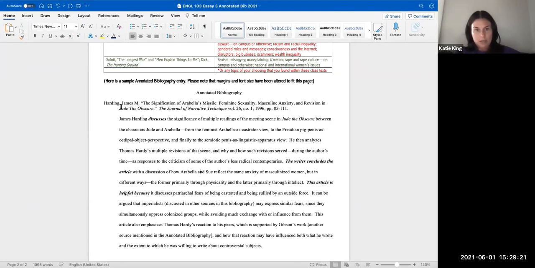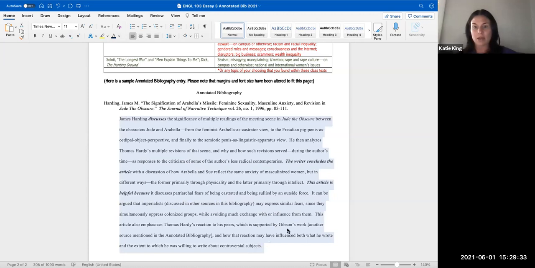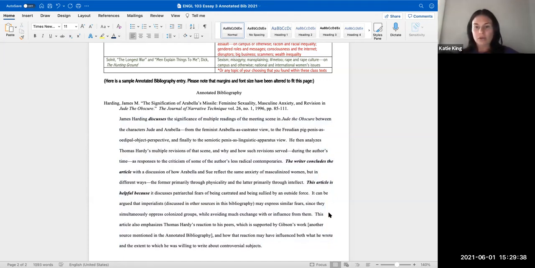So this is the citation, right? This part right here is the citation. Now the annotation is what you do. It's the summary that segues into analysis, okay? Now, what I've done for you here is I've shown you where the summary is and where the analysis is as well, okay? So we have James Harding, and by the way, this is